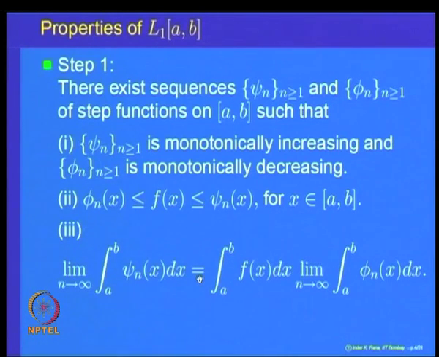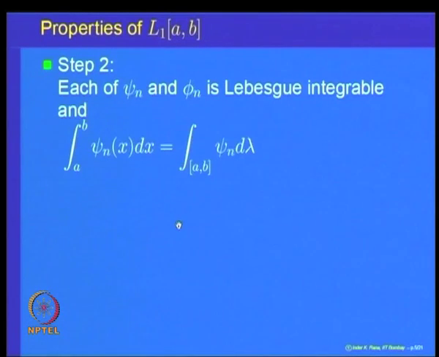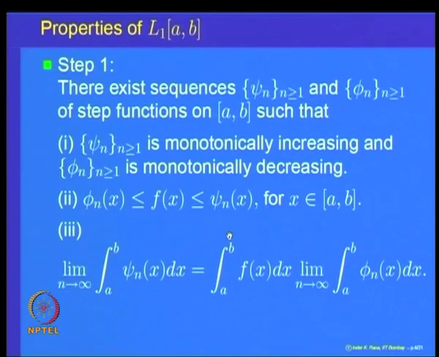And the second observation is that each phi n and psi n, being a step function, is also measurable and Lebesgue integrable, and the Lebesgue integral of phi n is the same as the Riemann integral of phi n, and the Lebesgue integral of psi n is the same as the Riemann integral of psi n. So, that is the second observation we make. These Riemann integrals of the step functions are the same as the Lebesgue integrals. And now, because of the earlier consequence that the Riemann integrals of phi n's and psi n's converge to the Riemann integral of f,